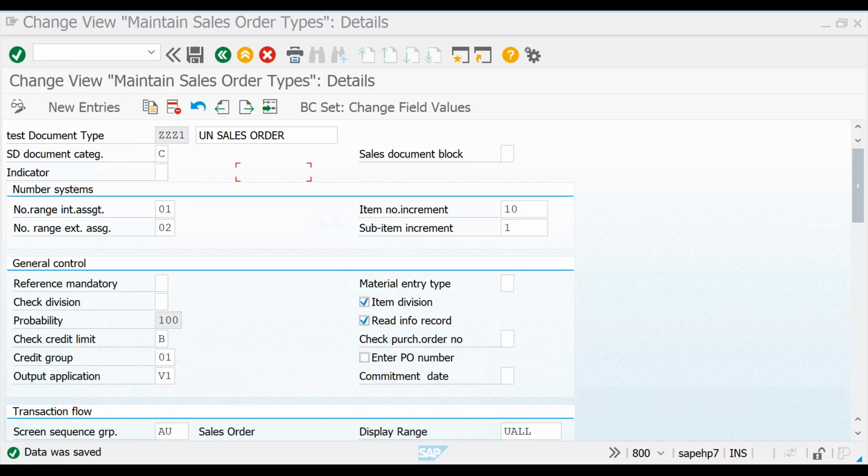F.32. Sorry, FD32. If you go to FD32, let's press enter. Now you can see this. Your credit exposure is calculated this much. That means 202 percent. That means above 100 percent, it is always going to give a block based on